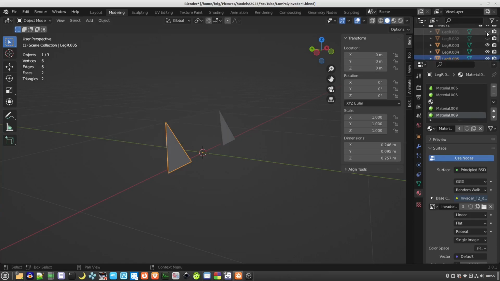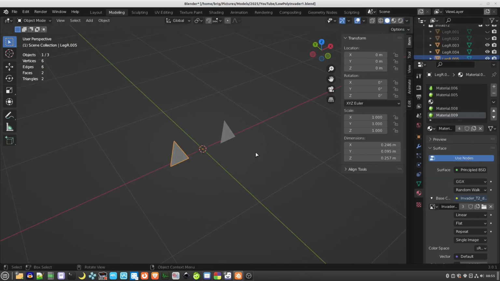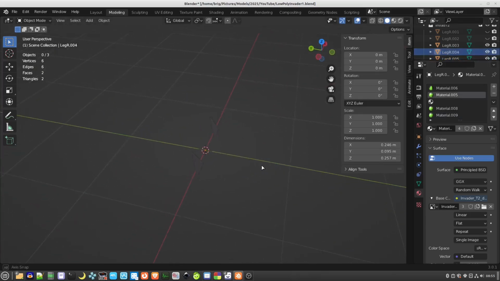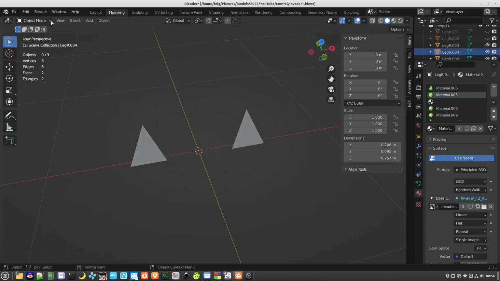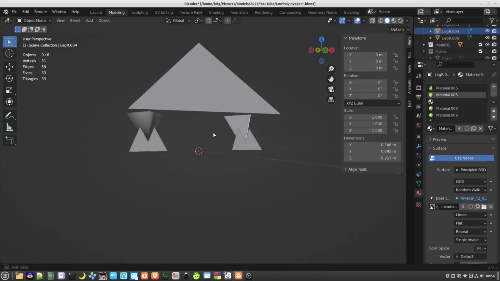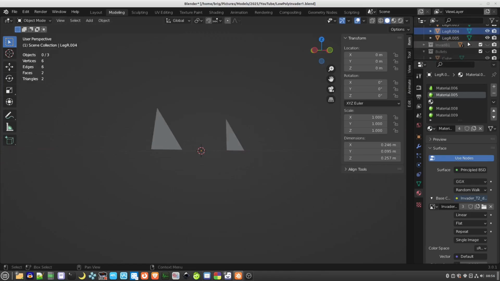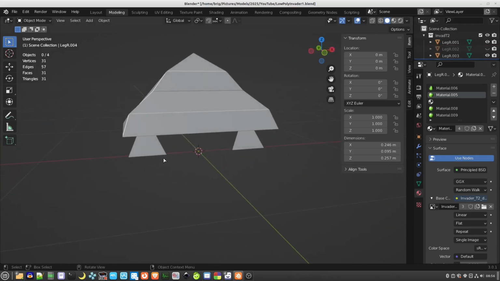Let's see whether the other one is... it's only taken the front face again. Anyway,